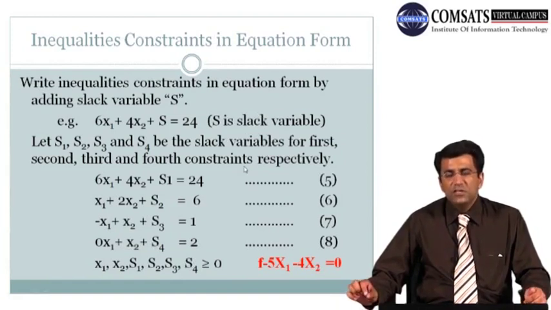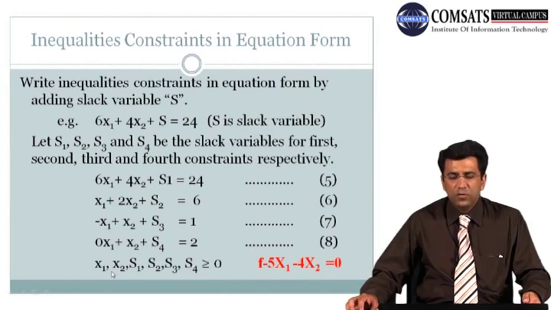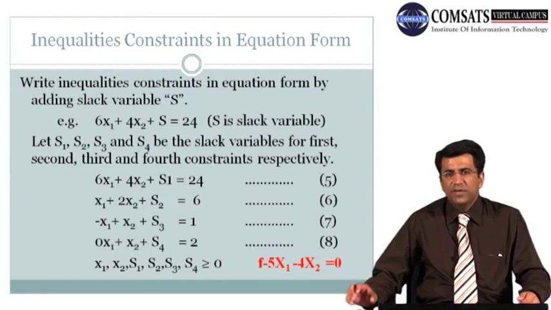Again class, all the inequalities in this particular question are of the less than or equal to form, so we will add the slack variables for each of these inequalities. Our non-negativity constraints become x1, x2, s1, s2, s3, s4 greater than or equal to 0. Our objective function was f is equal to 5x1 plus 4x2, and it is always better to rewrite it by taking all the variables to the left hand side, so we get a constant value on the right hand side. So this objective function may be rewritten as f minus 5x1 minus 4x2 is equal to 0.